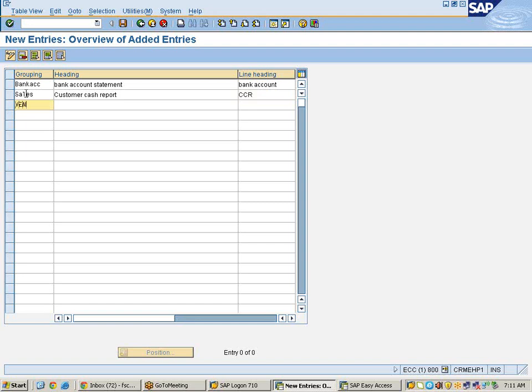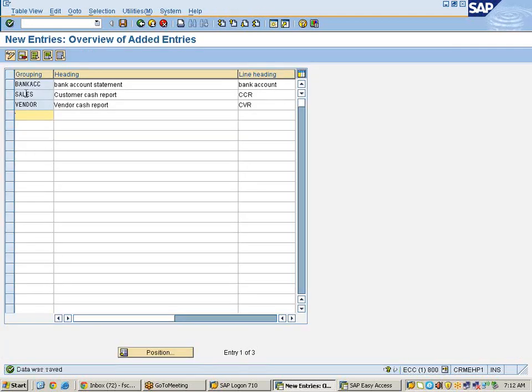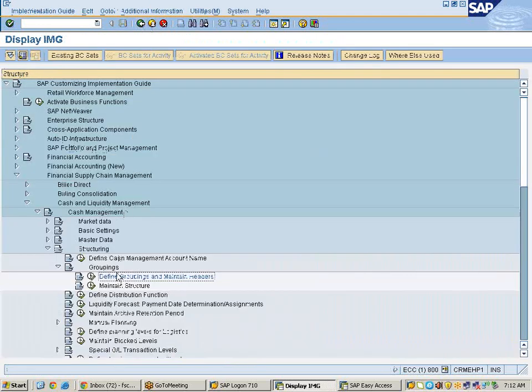I want to update with vendor also. Save it. So this is only to display in headings of the cash statement.